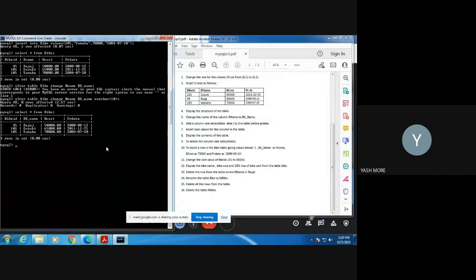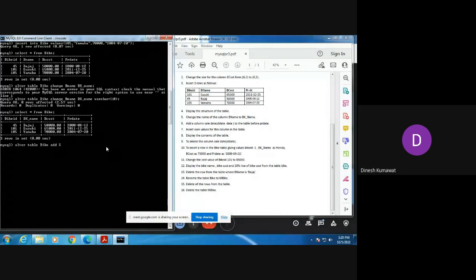Alter table. So again, alter table. Then table name is bike. Now tell me what I need to enter. Add SL date. So I'm writing the first letter of each word in capital letters.